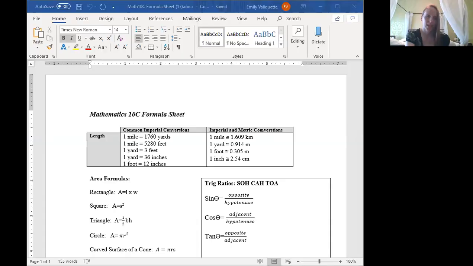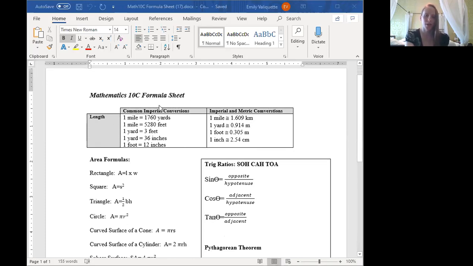So today's lesson is going to be all about converting between different imperial units of measurement for length. So this is the formula sheet that we're going to be using for all of Unit 1 and 2 this year. So at the top here in this little box is the unit conversions that you're given. On this side, it's how we convert between different imperial units, and then on the other side is converting between